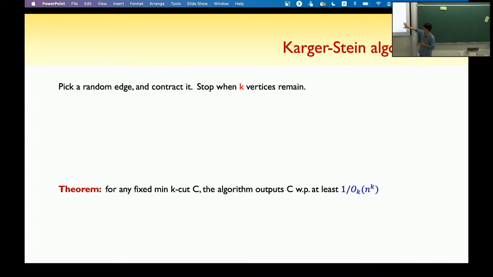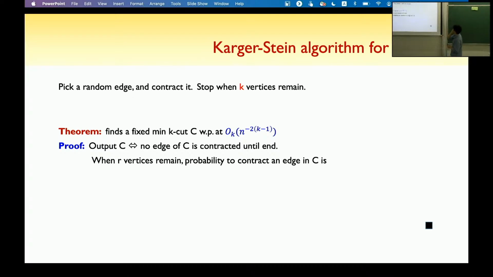Okay, so this is the algorithm and the statement we're going to prove. Is there any question about the algorithm? Everything's clear? Good. Then let me present the original analysis by Karger and Stein, which gives us n to the minus 2